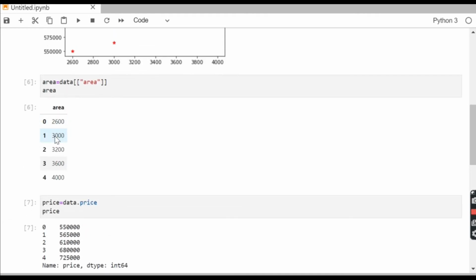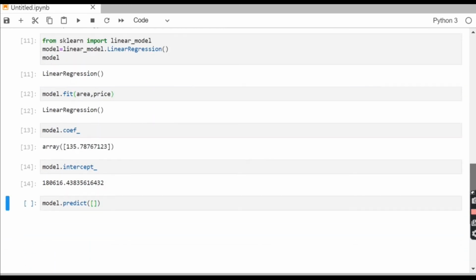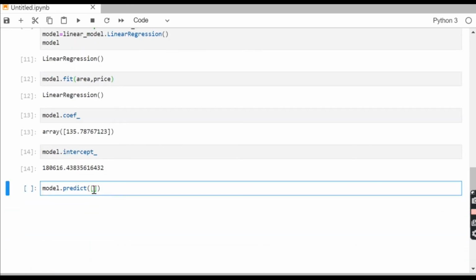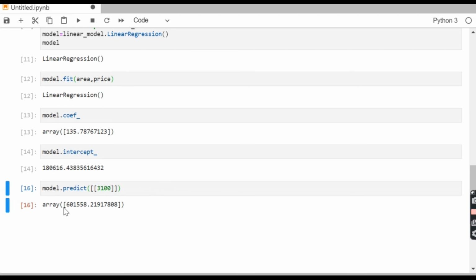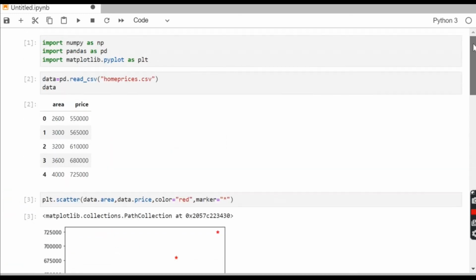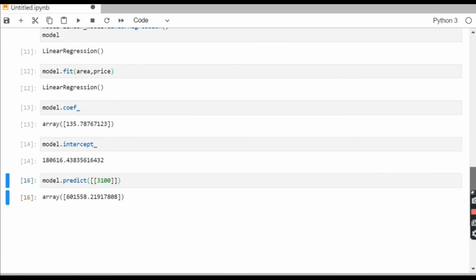We have areas 2600, 3000, and let us say I want to predict the value for 3100. So this is the area. You need to pass a two-dimensional array, because this linear model will not accept your value as a 1D array. So this is your prediction, this is your answer. This is the way we can implement linear regression using the Python programming language.